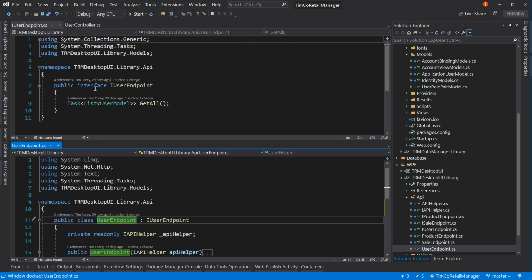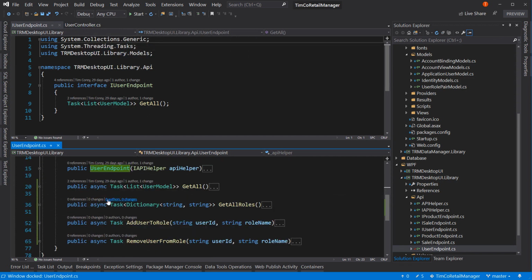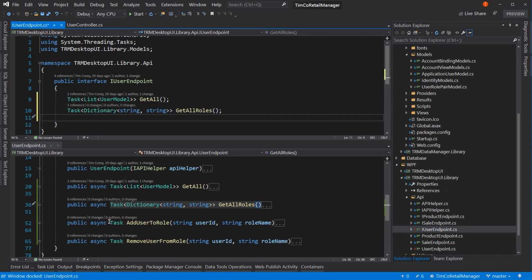I'm going to go to my interface here, and then down here, I will just start copying the various items. So I'm going to copy this one and put a semicolon at the end, and then I'll copy